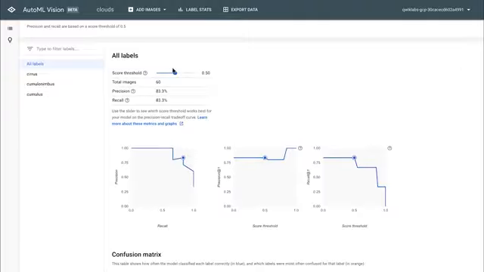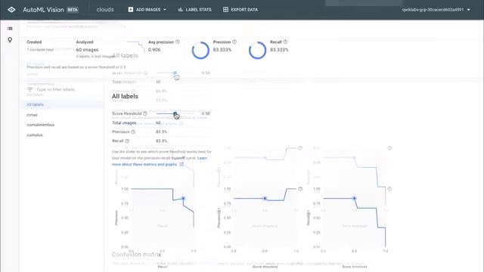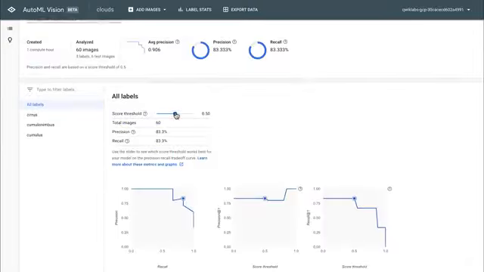Notice that we have a score threshold, just like in the other labs that we've done in this course. The score threshold is what the model uses to actually make its decision. We can see how precision and recall are in tension by manipulating the score threshold. If we set the score threshold very high, then our precision goes to 1, but our recall drops very low. And the reason our recall drops very low is that very few of our candidate images actually are rated with a perfect 1.0 threshold. In contrast, if we lower our threshold to 0, suddenly our recall gets much higher, but our precision goes down.